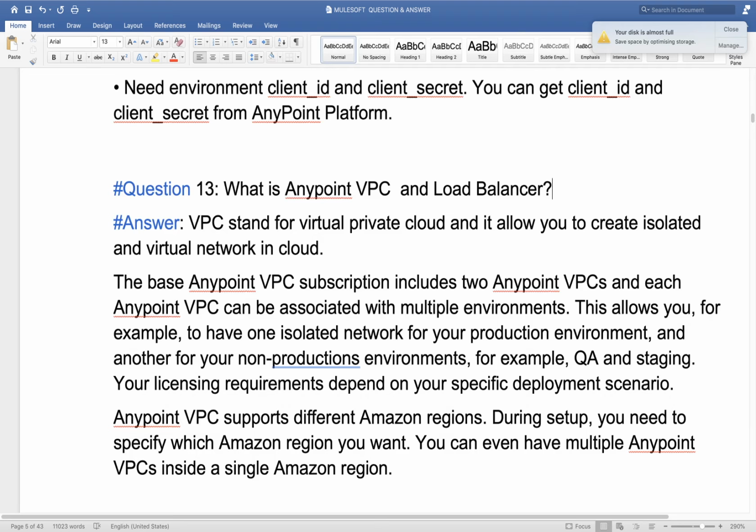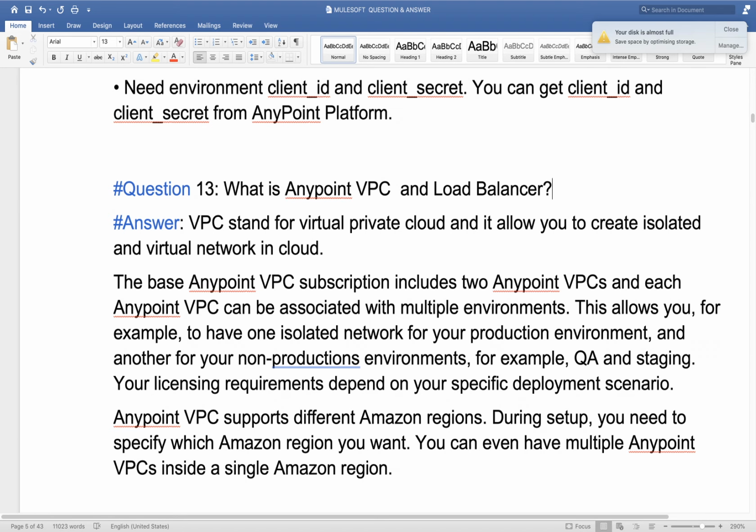Okay, now that is a private AWS cloud owned by MuleSoft, but they are sharing that private cloud with multiple clients.